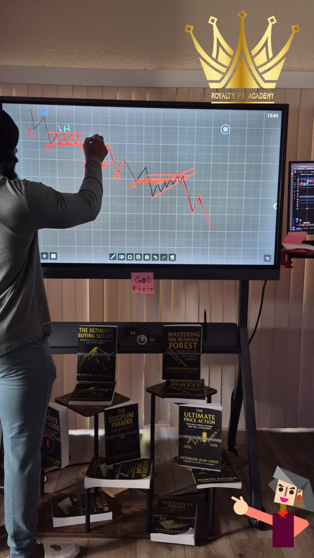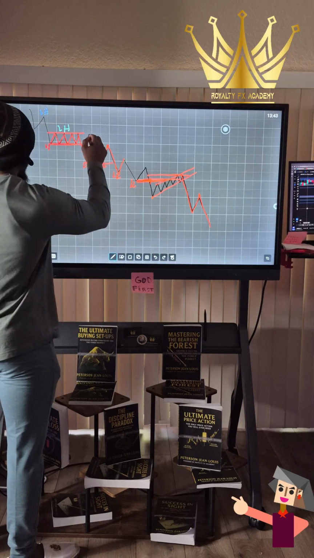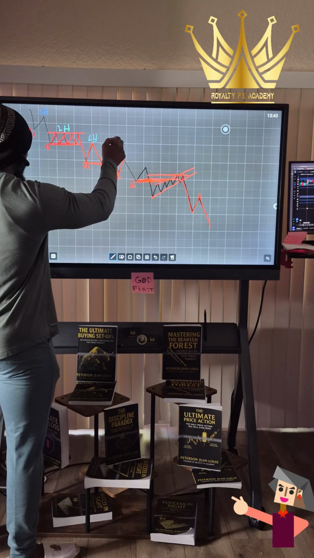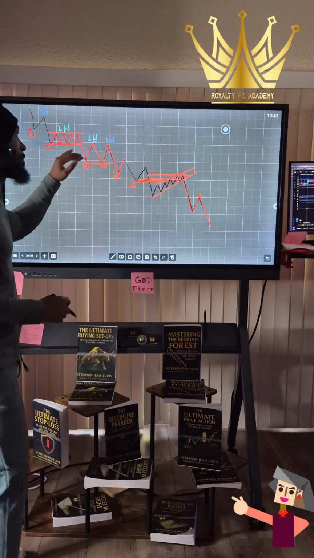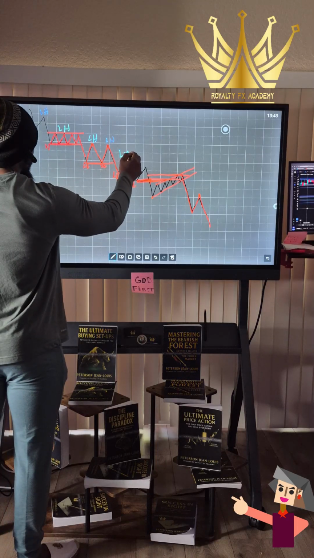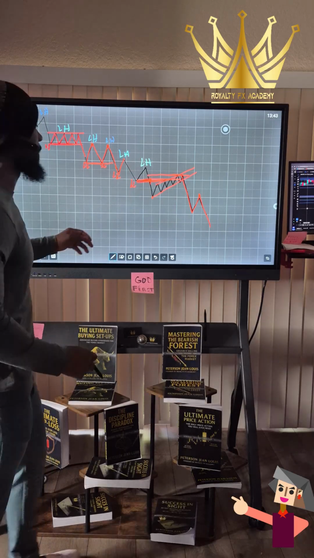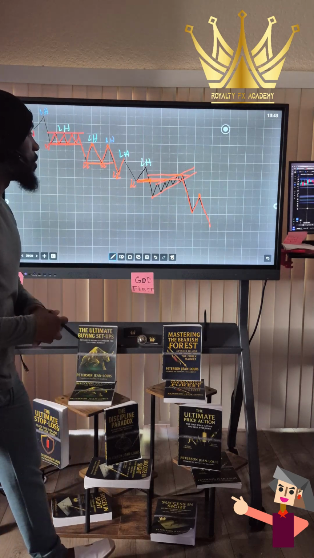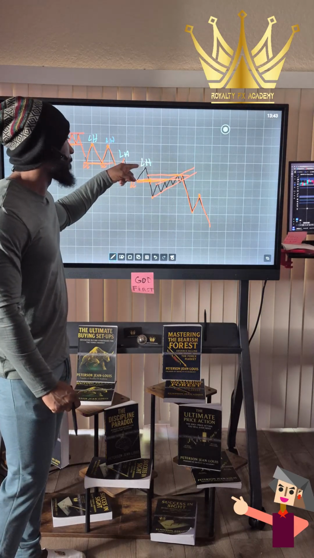Lower high, same thing. Let me make this a little bit better. Lower high, boom. It's the same thing. If you want to do that, by all means. But to me, it's the same. And then boom, right here, another lower high. So for the market to give you a trend reversal, a previous lower high has to be broken. That right there is the previous lower high.